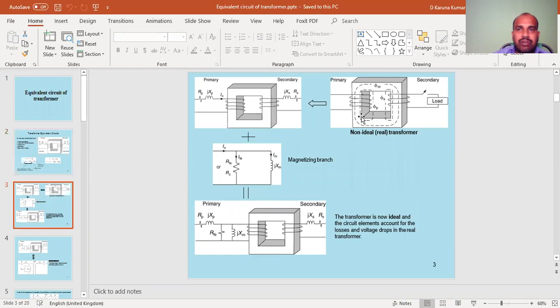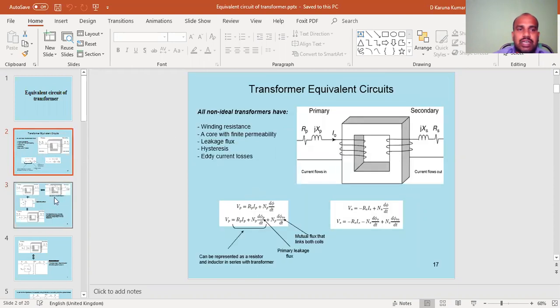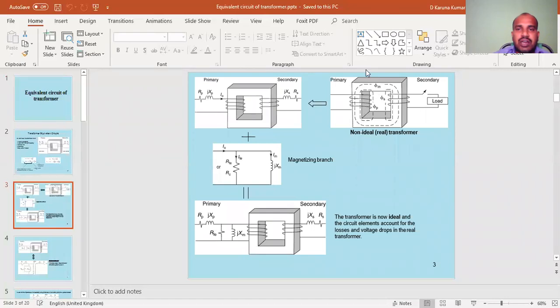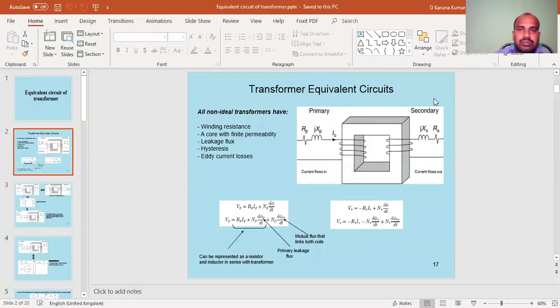The transformer consists of a primary winding, a secondary winding, and a core. Now, this transformer in the diagram is a non-ideal transformer. This transformer shown diagrammatically can be resolved into an equivalent circuit in which the resistance and leakage reactance of the transformer are imagined to be external to the winding. Okay, when the transformer functions, the voltage is applied.